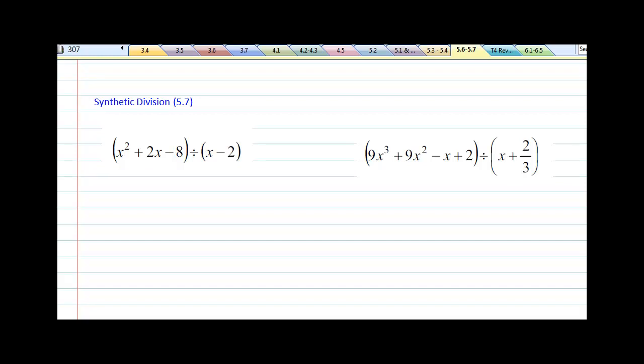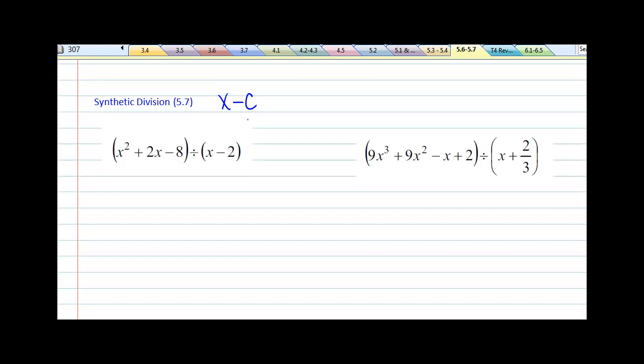Okay, the last type of division that we want to talk about is synthetic division. Synthetic division is a shortcut of long division, but it doesn't work on all division problems. It only works when we have a divisor in the form of x minus c. That's the only way we can use synthetic division, but for our purposes, that's going to be mainly the reason